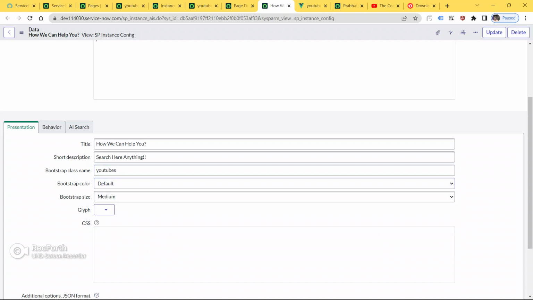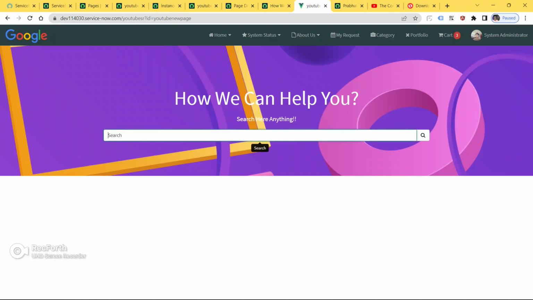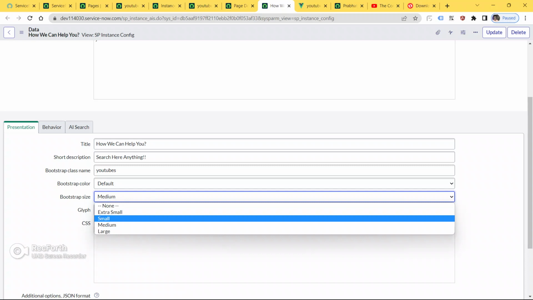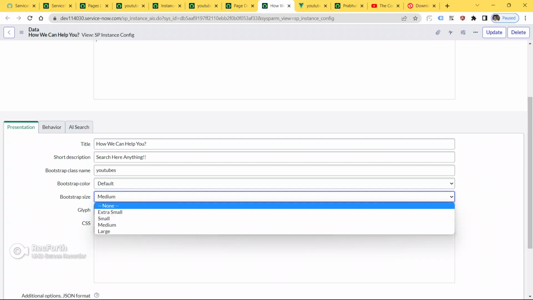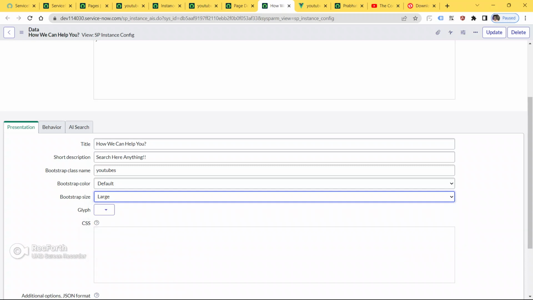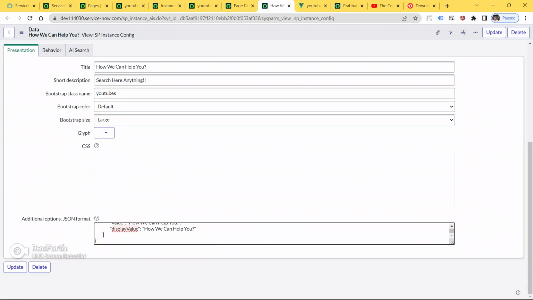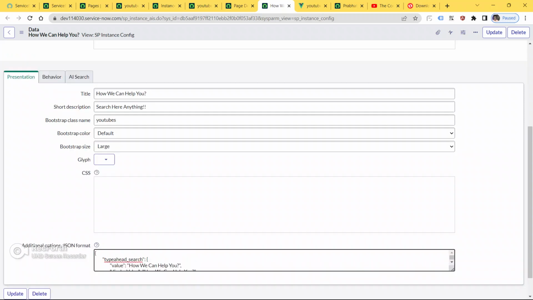Bootstrap color, you can give default or bootstrap size. As of now it's medium. I can put large also.